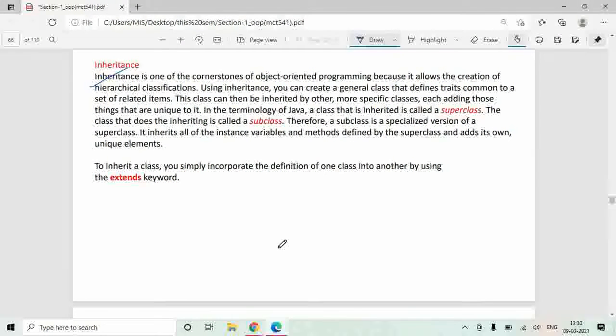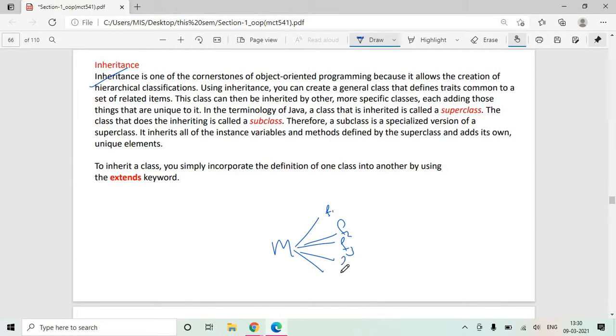So Maruti car will have certain features. Feature 1, number of tires, feature 2, the color, feature 3, the speed, feature 4, seating capacity, feature 5, feature 6. The Hyundai car will also have certain features in it.